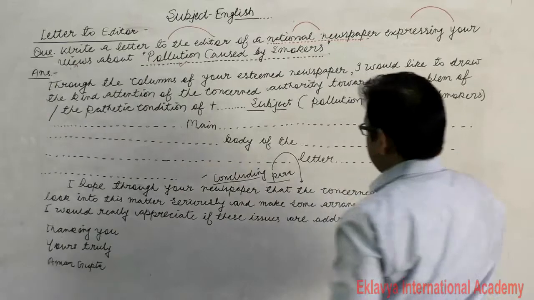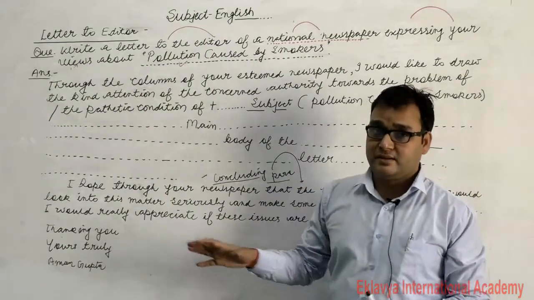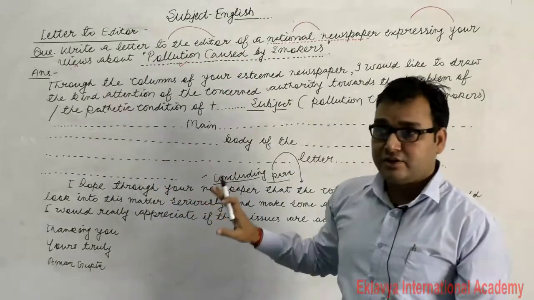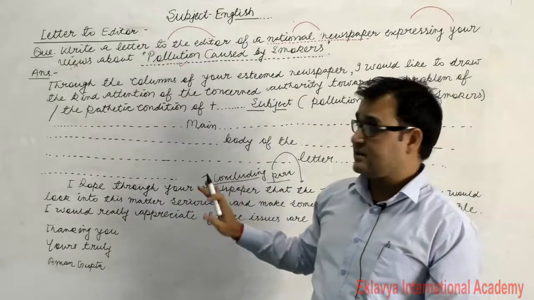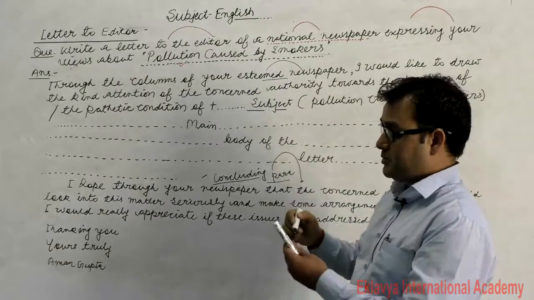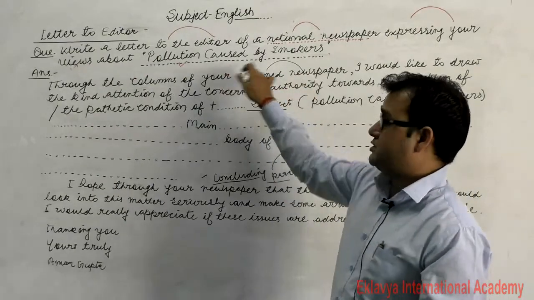So let's set the line, students. Okay, just mention the concluding para in that format also, with the same we have discussed just before this one, this letter. Address आ जाएगा सब, formality मुझे salutation वगैरह subject सब डालना है सभी को, sir वगैरह सब लिख करके. Then through the column of your esteemed newspaper, आपके esteemed newspaper के column के माध्यम से आप क्या कह रहे हैं यहाँ पर? The problem is pollution caused by smoker.